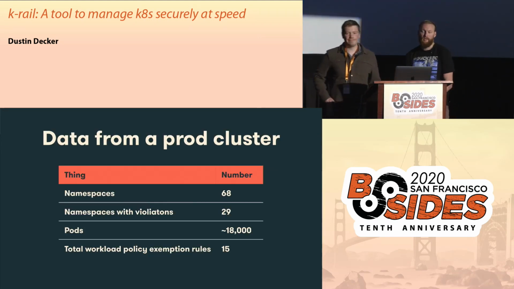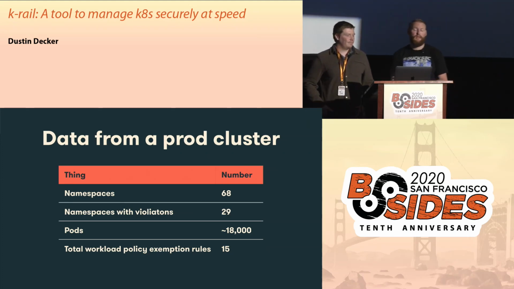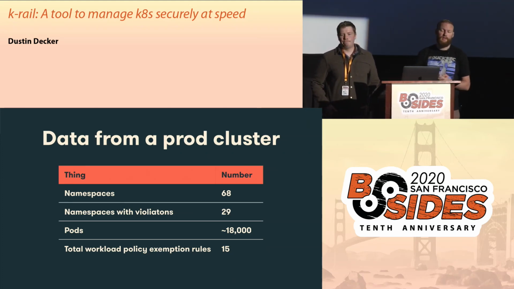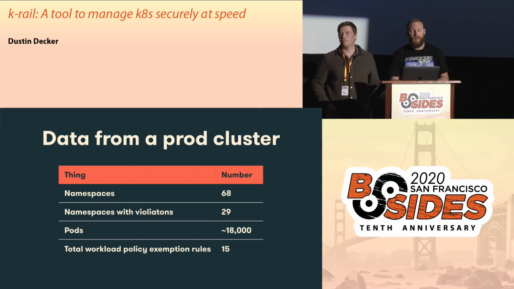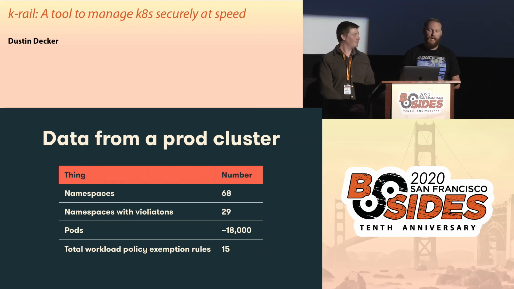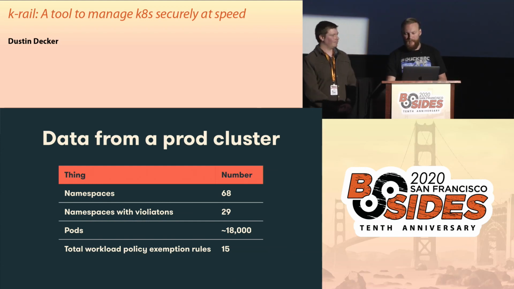Thanks. So we'll share some actual data from our experience in rolling this out. This is one of our busier clusters with about 18,000 pods when we did the analysis, and that's just a snapshot point in time. A lot of these are transient, very rapidly changing, which makes it hard to do an analysis of, right? If you just dump it once and then have a look, that data is already out of date. So we run KRail in all of our PaaS clusters. This is just one that we picked out, for example.